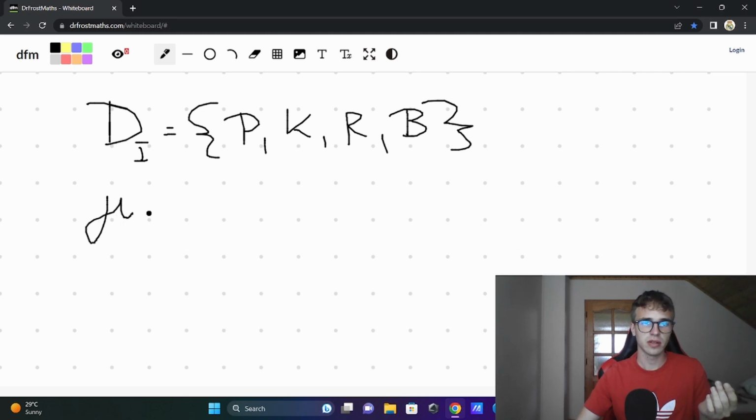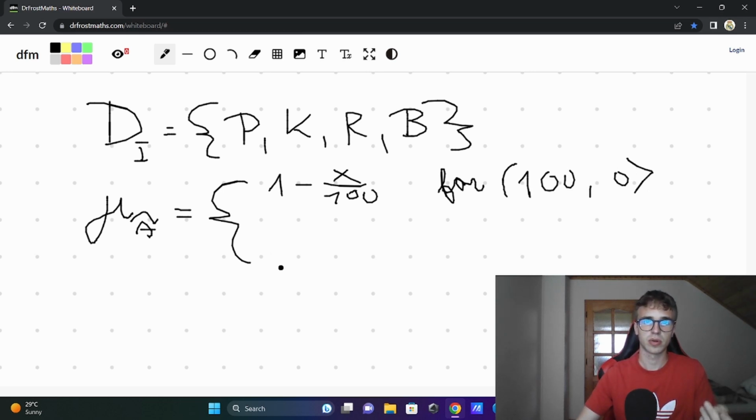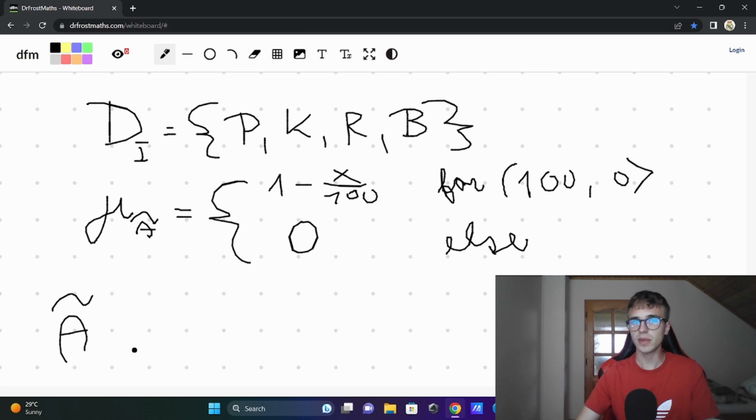And the function will be like this on our fuzzy set A, and it will give values 1 minus x for x's, for variables between 100 meters and 0, and it will give 0 force to the brakes for other values, and it will create ordered pairs in our fuzzy set. Our fuzzy set is defined by variables in a domain and also the function, this function, but we need to